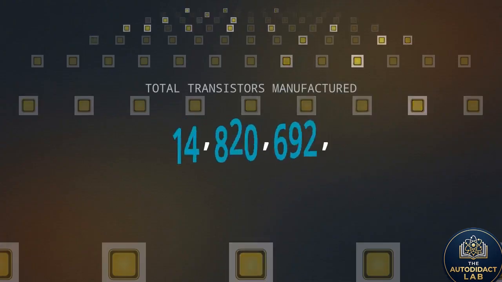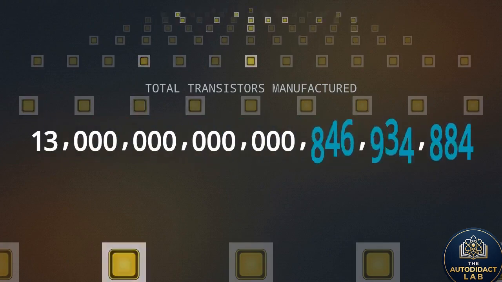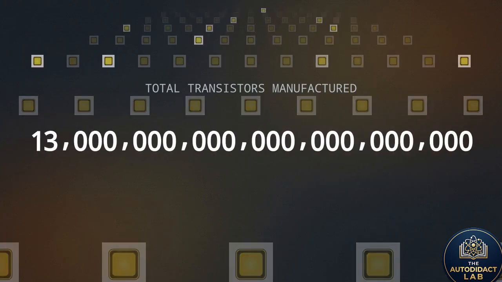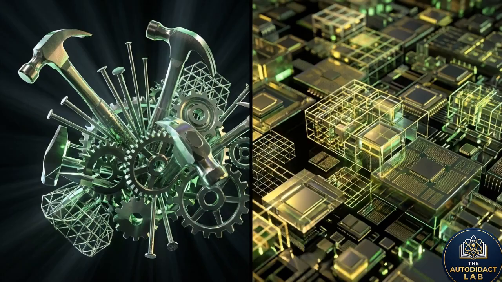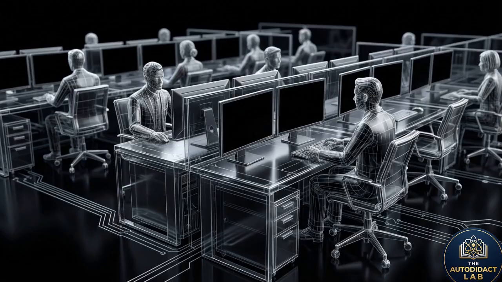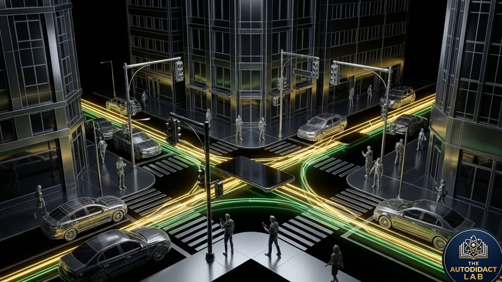Since its invention, we have manufactured more than 13 sextillion transistors. This makes it the most numerous artificial object in history, outnumbering every other tool or component we have ever built. Without this invisible foundation, the digital tools we use to work, communicate, and navigate our lives would instantly cease to